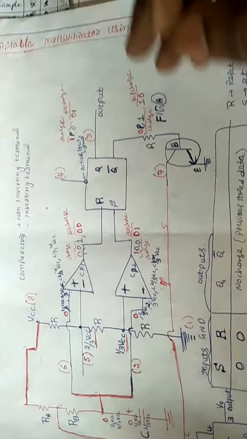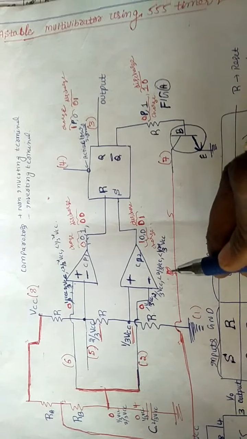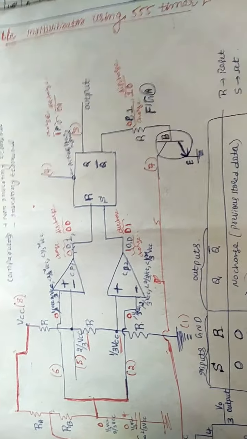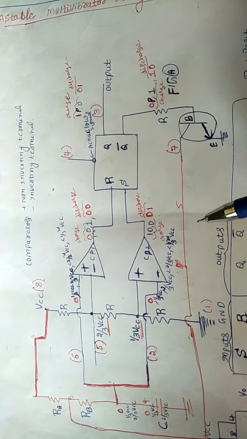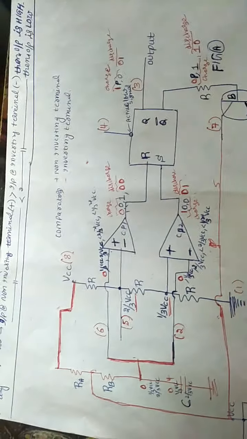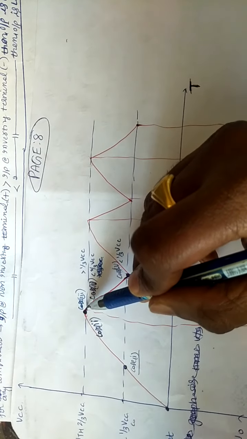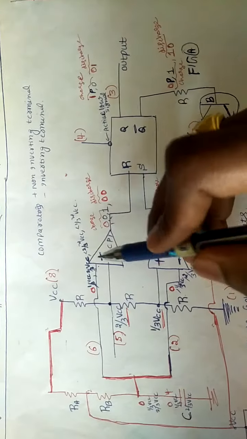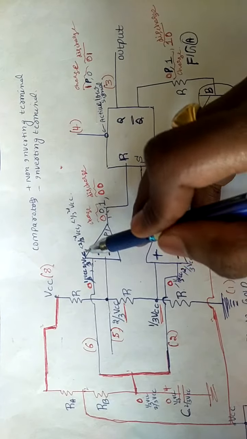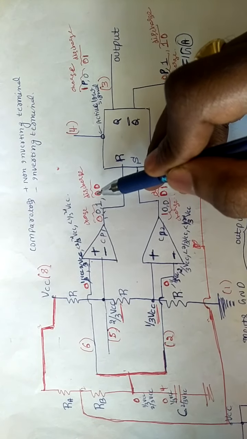Okay, then what will happen? Totally 3 cases are over. Next you have to consider less than 2/3 VCC. If you consider less than 2/3 VCC, that means this point. For case 4 you have to consider less than 2/3 VCC but greater than 1/3 VCC, this path. For case 4, less than 2/3 VCC applies to both. So here this is greater than this one, therefore the output is 0.